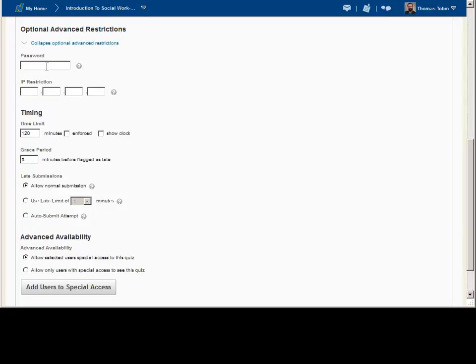So you can put a password for the quiz, set a time limit, enforce the time limit, show a countdown clock, provide a grace period for people who are submitting after that time limit, allow people to submit the quiz after the time limit, allow them to submit it late but only during certain numbers of minutes, or auto-submit attempt means once that time limit is reached, the student's quiz is automatically submitted no matter whether they've hit save or